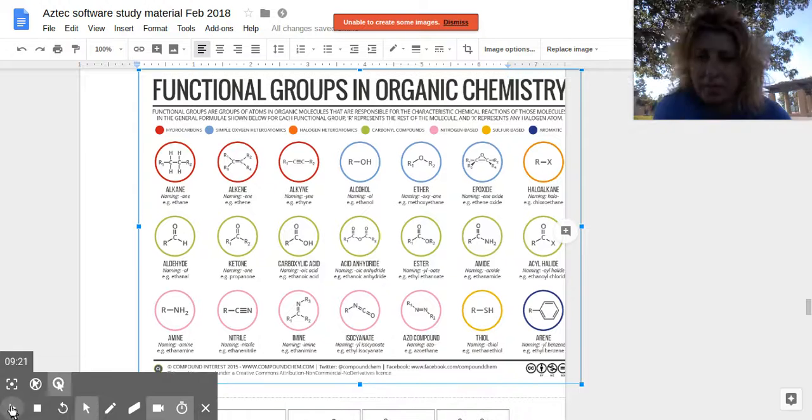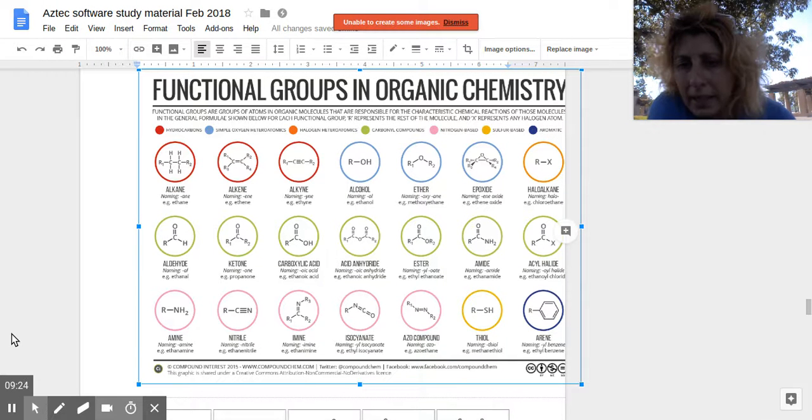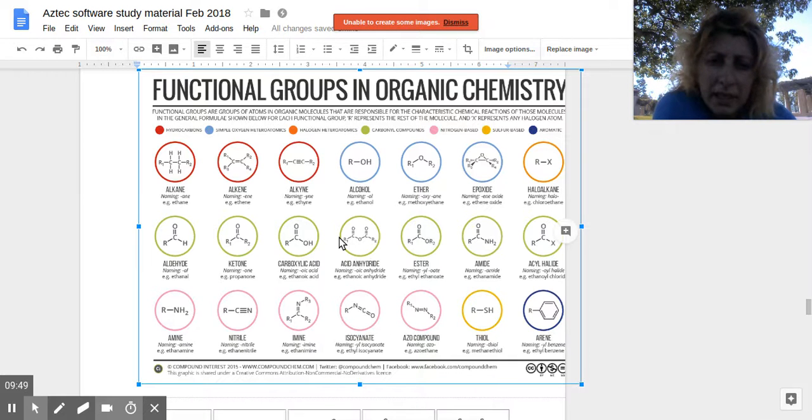So alkanes, alkenes, alkynes. You have single, double, and triple bonds between two carbons. Alcohol is OH. Ether is an oxygen with two substituent groups. So let's see. Epoxide is similar